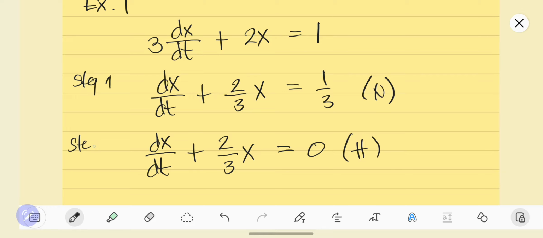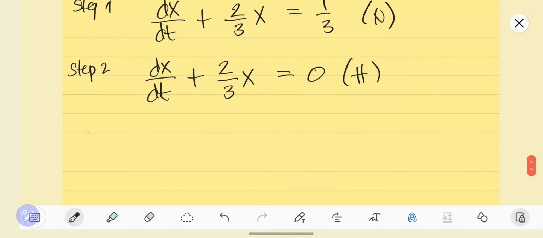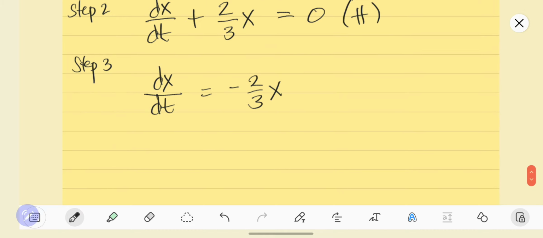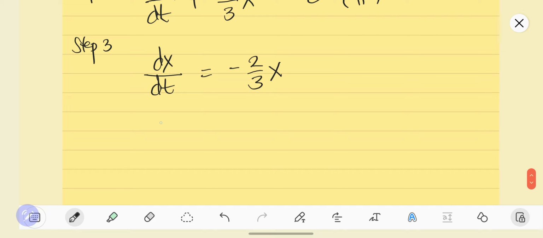So this was your step 2. So step 3 is you try to solve the homogeneous equation. So dx over dt, trying to group the similar functions or the terms. So dx over dt is equal to negative 2/3 x, and then the equation becomes dx is equal to negative 2/3 x dt,